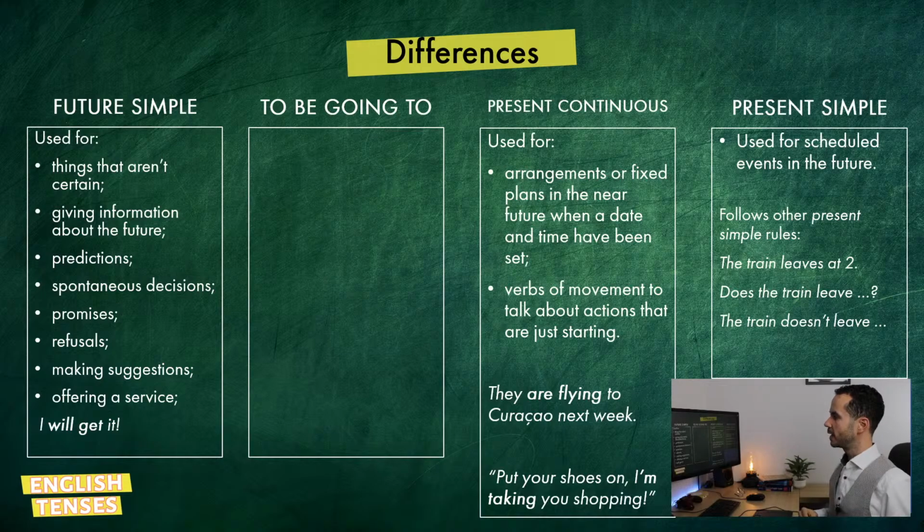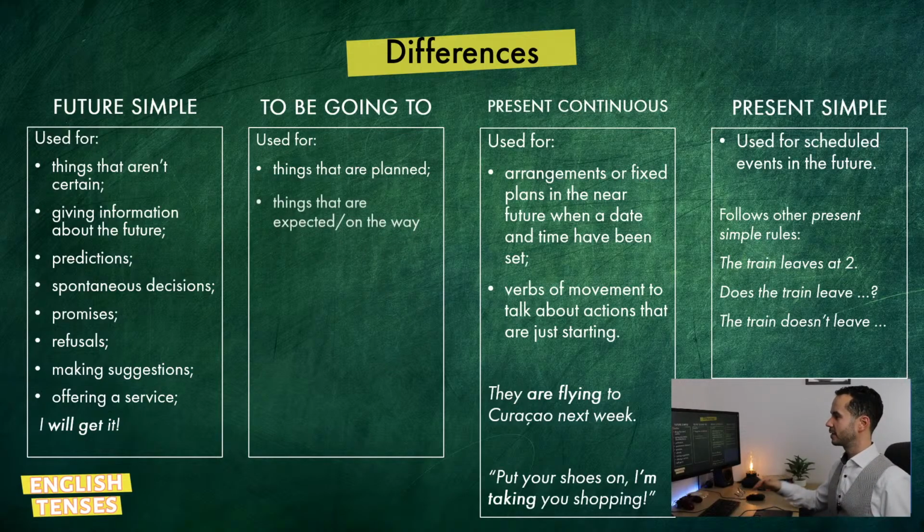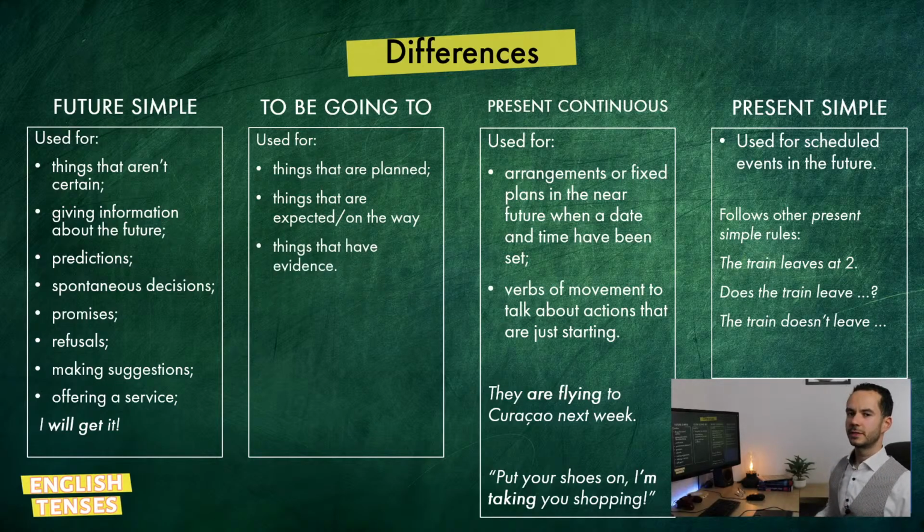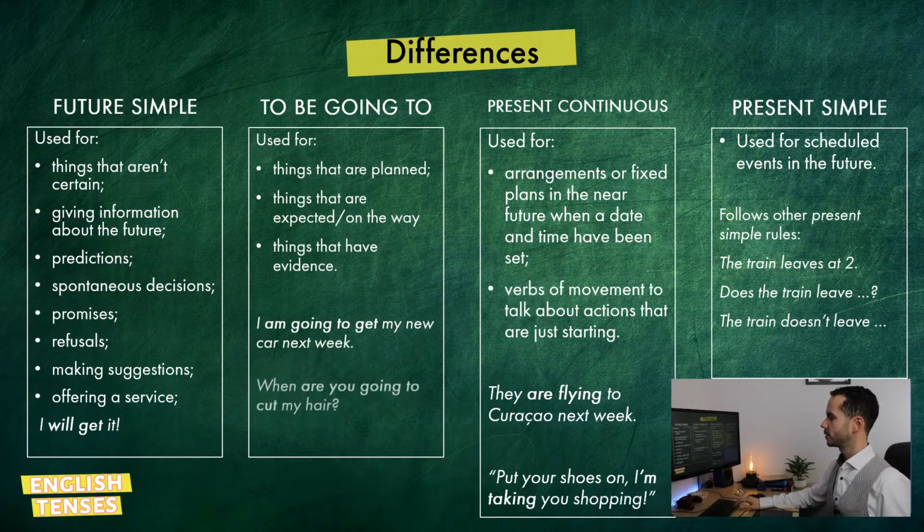And finally, we get to be going to. And we use to be going to for things that are planned. So things that are expected and are on the way. We also use it for things that have evidence. So,